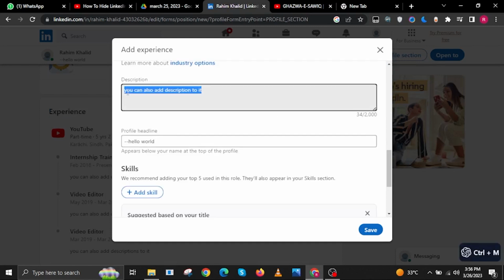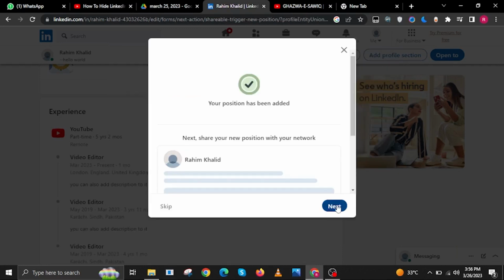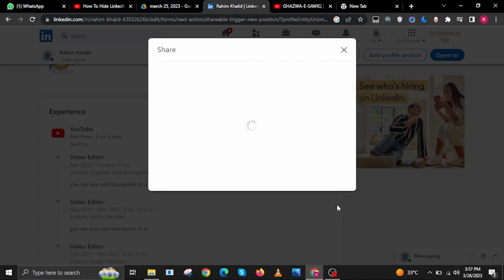On the description bar, add a description about your job in this previous industry, or if it's a job that you currently have. Once done, click on Save, and then your position should now be added, and then tap